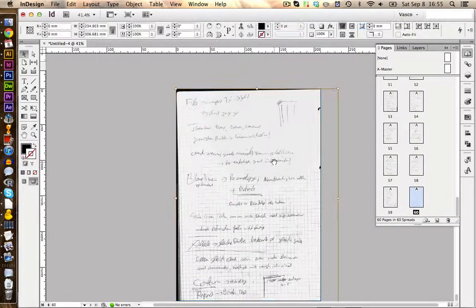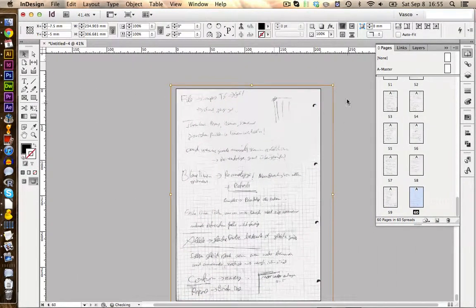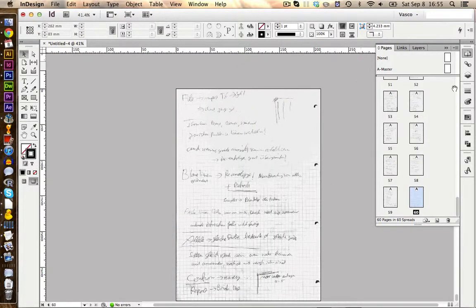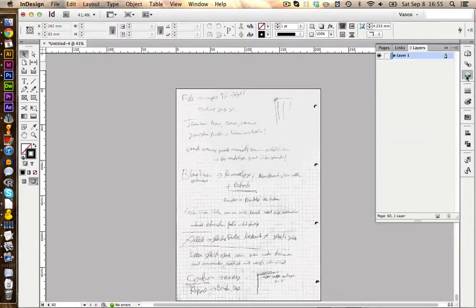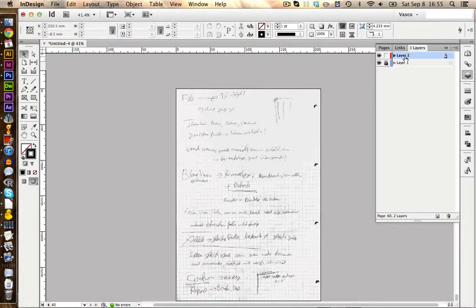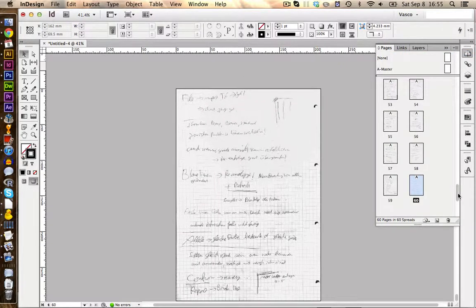Alright, this here is our last page. So we just finish this up. And now we're done. Next, we want to click on the Layers panel and we create a new layer. Our pictures are at the moment in the blue layer and we're going to lock this one. And now we switch to the layer 2. And can do all our edits and text on top of our pictures. This way we don't change these pictures here around anymore. Let's go back to our first page.